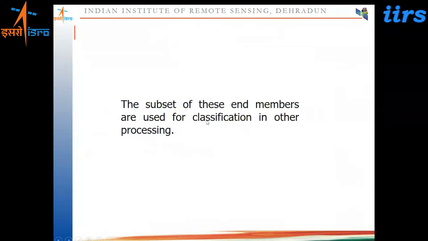After this, with all these end members and processing techniques, we have finally got the training sets, and those training sets will be used for the classification and for the other processing techniques. So still now we have discussed all these up to the processing techniques, and then we will